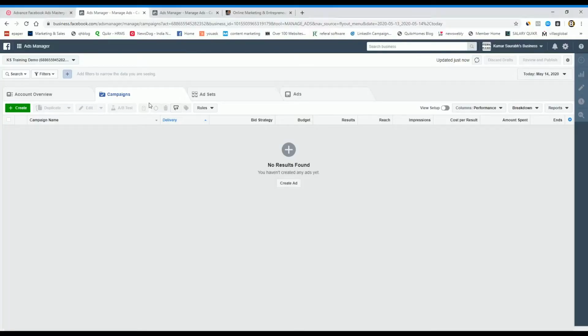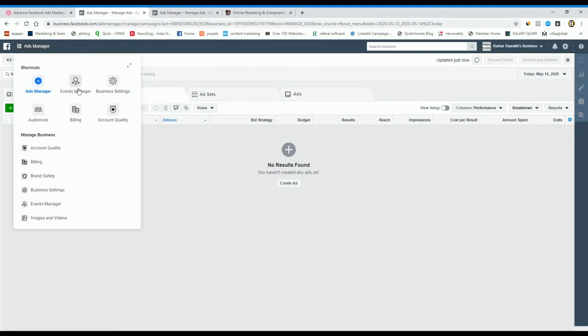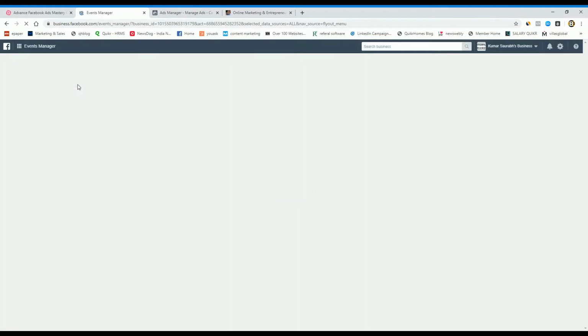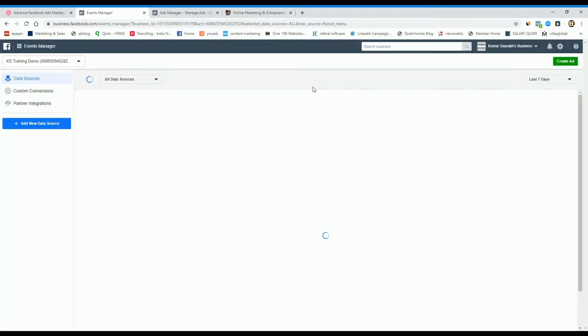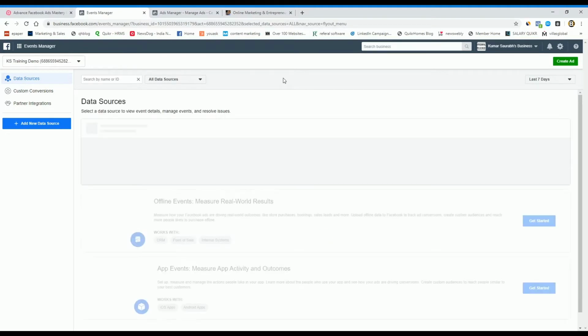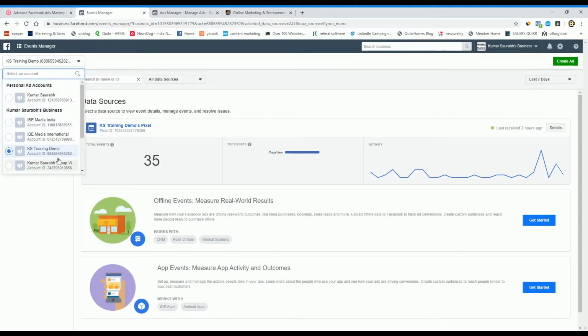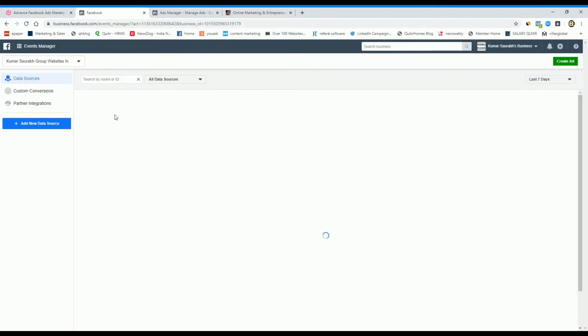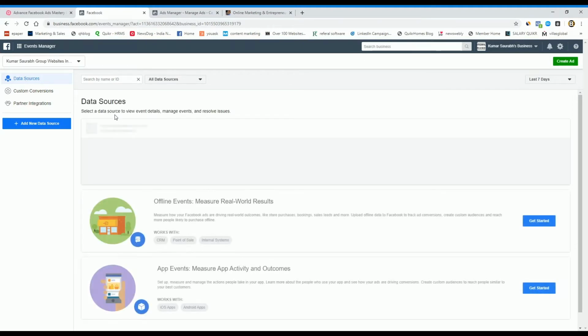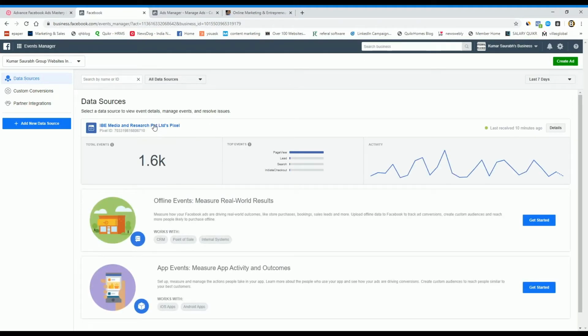So let's move to your profile and we'll start creating a custom conversion advertisement. For this you have to go to Event Manager first. Select your pixel.